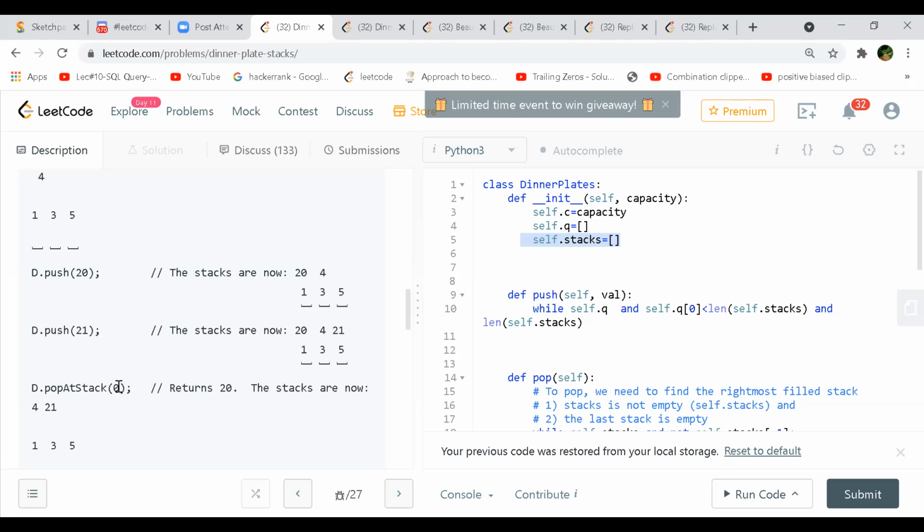Zero means you go to the zero number stack and just do a normal pop, what we do in a usual stack. You return the top element. If the number is 1, then you go to the one number stack, 3 4, and pop the top element. So that index is the stack number, which stack it is, from where to pop.